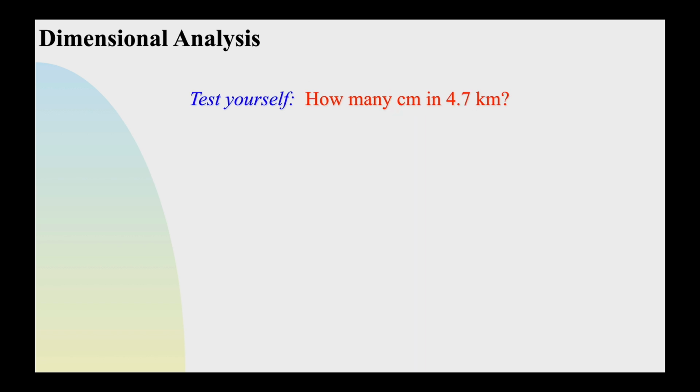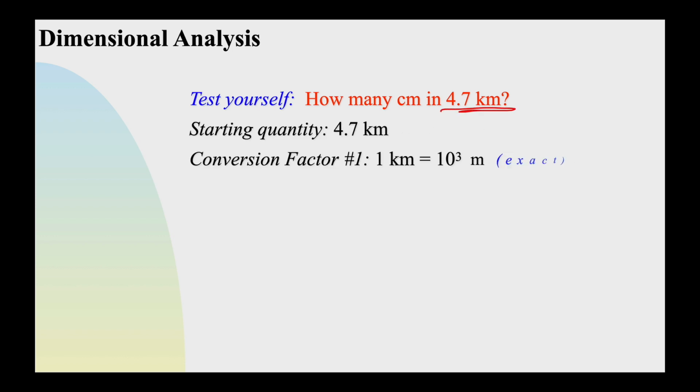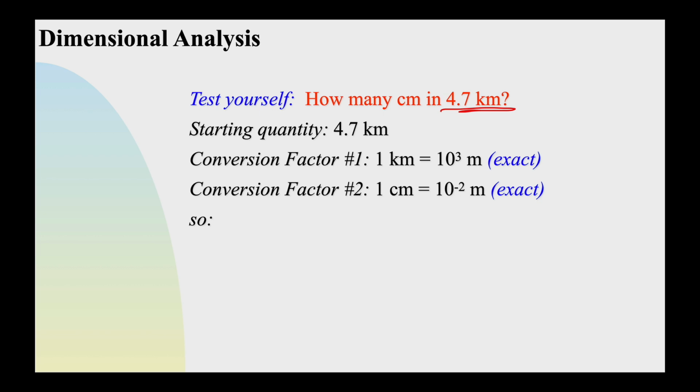Here's another example. How many centimeters are in 4.7 kilometers? Okay, so kilometers is our starting unit, and we want to end up with centimeters. So when we do this problem, we're going to need some way to convert kilometers into centimeters. Now again, there are ways to go directly from kilometers to centimeters, but I don't know what it is off the top of my head. 1 kilometer is 10 to the 3 meters. We saw that kilo was 10 to the 3rd, so that's where I'm getting this, and I'm putting the base unit of the meters. Here's also a centa